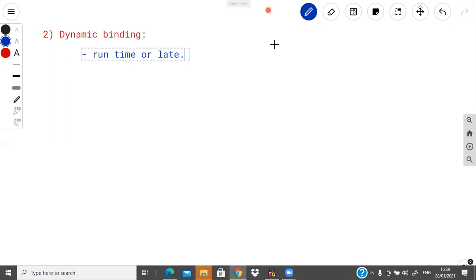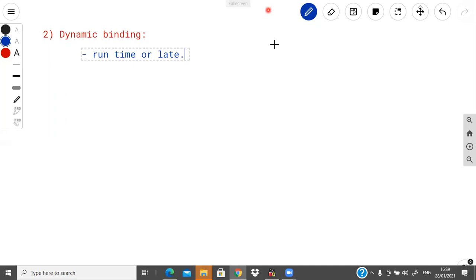So that's why this binding is called runtime binding or late binding. Means the link between the function call and the function definition is made at runtime.